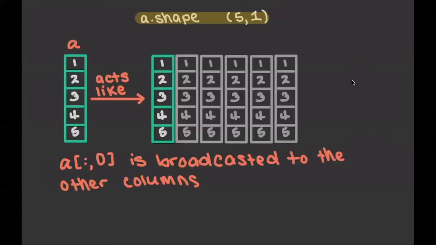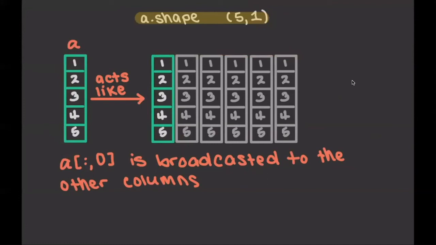So let's take a look at A. Remember we said A is 5 by 1, so we have 5 rows, 1 column. This dimension here, we want it to play nicely with 5 by 6. So think about it, this 1 needs to get stretched to a 6. What we're going to do is copy this column so that we get 6 total. This is exactly what this notation here is saying. It's saying take every row in this first column, and we're going to broadcast it so that there's 6 total